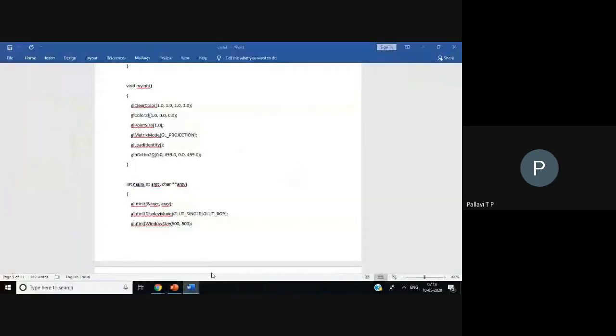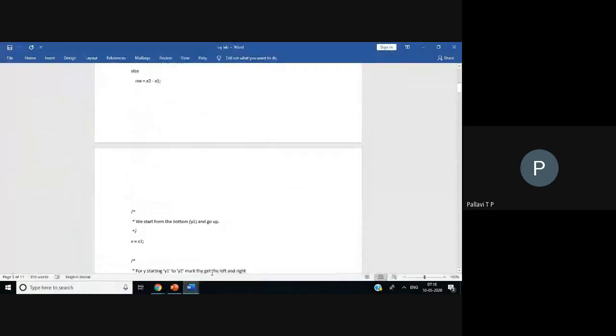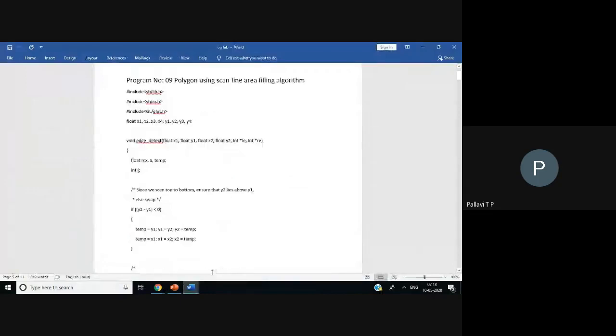Now we will see the programming: the program for polygon filling using the scanline fill algorithm. These are the main library functions which we have included, the standard library stdio.h. This must be included, otherwise